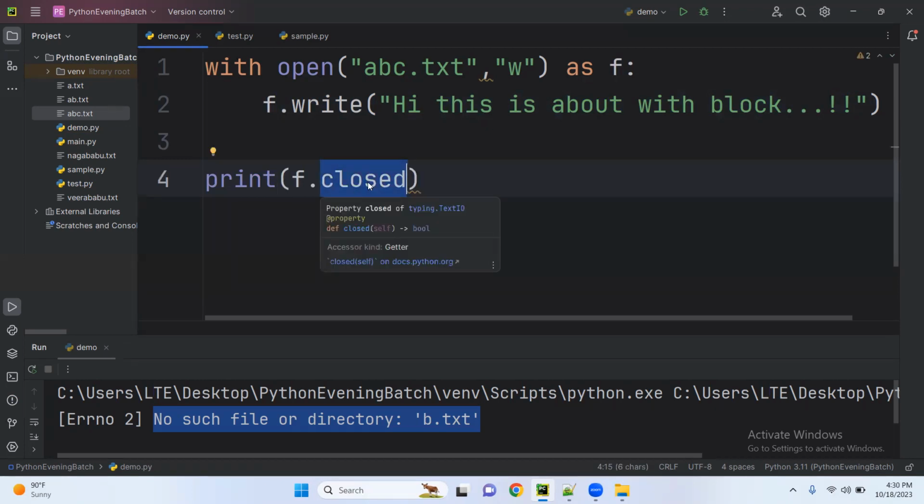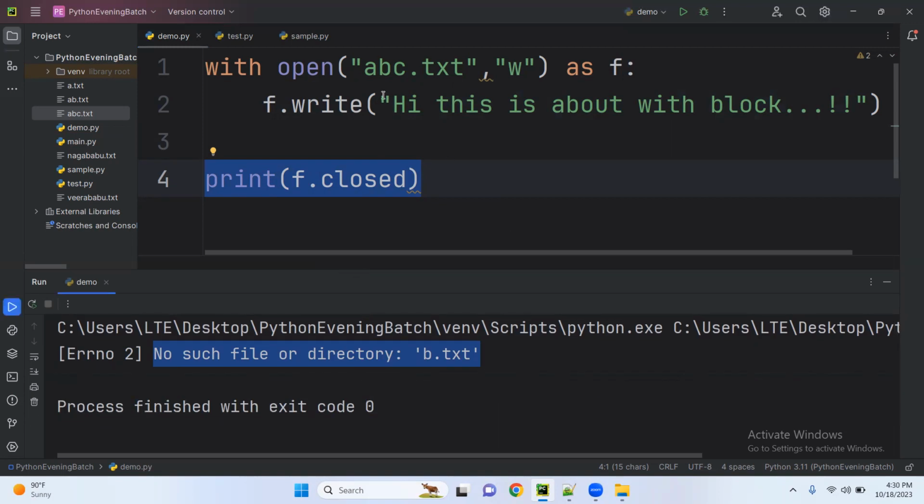Closed is to check the file is closed or not. Okay, so now you observe, f dot close function is there in code now? No, and we are checking this. Okay, so in this situation we'll get what? True. And automatically it will create a file called ABC, already it exists, so no problem, and it will write